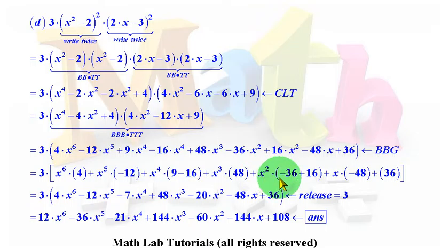Then plus x squared empty bin, we scan for x squared terms over here, pick up minus 36, and then plus 16, and close up the bin. Then we scan for linear terms, x to the power 1. We scan and we pick up minus 48, drop it inside the bin, and close it up. We're done with x to the power 1. And finally, we open up a constant bin, scan the entire expression for constant terms, and you pick up a 36. Okay? Do not forget, when employing the backward bin process, that is to say BBG,